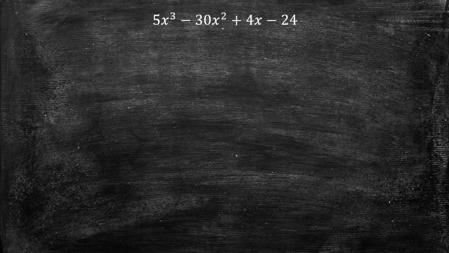Example number 1. So we have this polynomial here and we want to factor this. And typically when you have 4 different terms, you're probably going to have to factor by grouping. So the first thing we want to check is if any of these numbers have a common factor. So 5, 34, and -24, we want to check if those have a factor. In this case, they don't. So what we do here is we group them together, which is the name of the factoring method